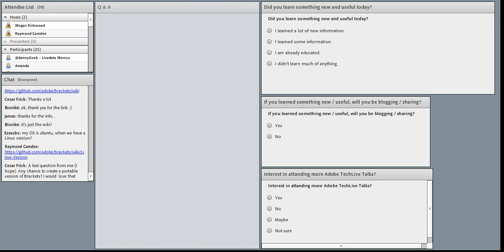Caesar, I've seen people ask that. Being able to use Brackets on a mobile device, I think it's crazy, but people keep asking that, so I know people want to do it. I can't say that that's going to happen, but I know people keep asking about it. The only scenario I could see that making sense is you're on the road and the client asks for something impossible and you need to edit code on a mobile device. But outside of that, as much as I love my tablets, I'd hate to write code on them. And maybe I'm crazy, but